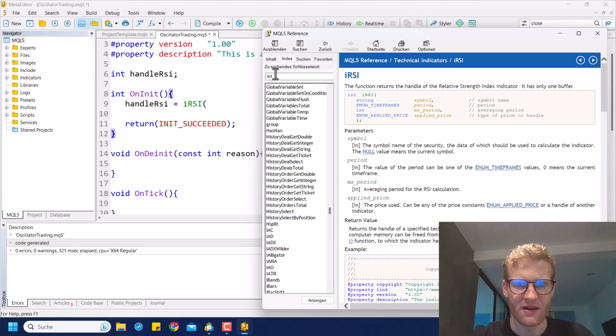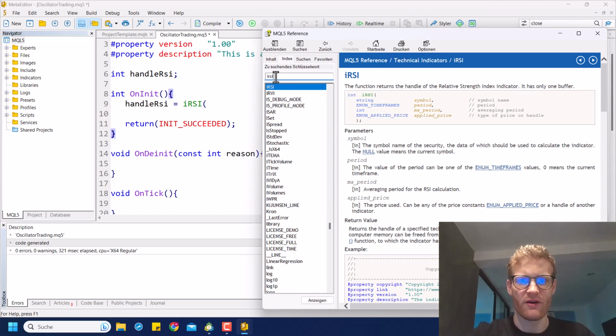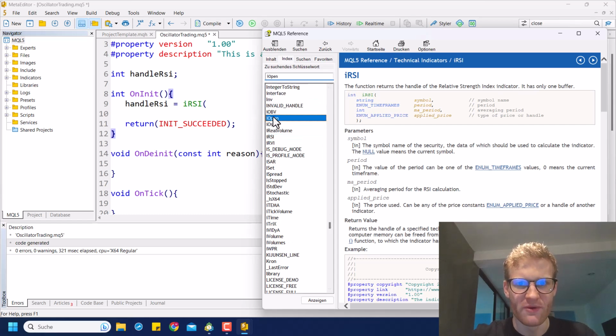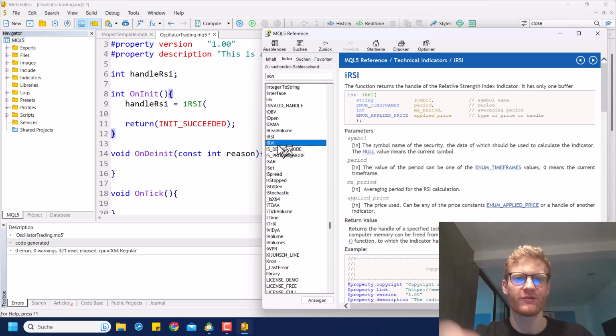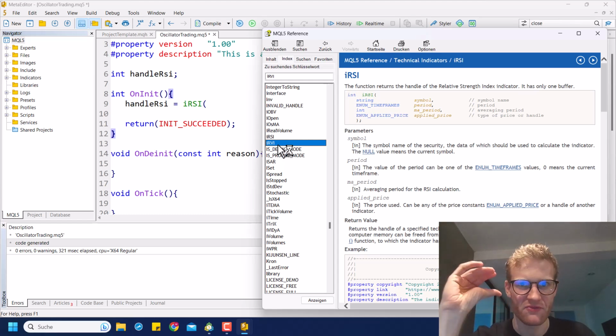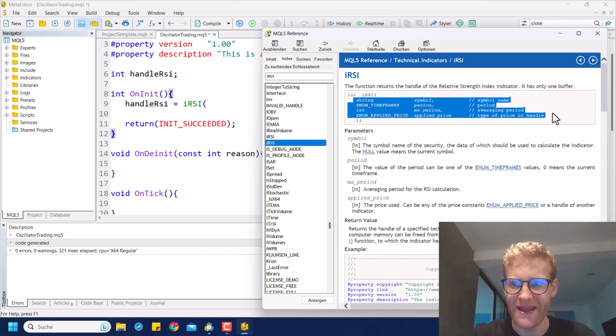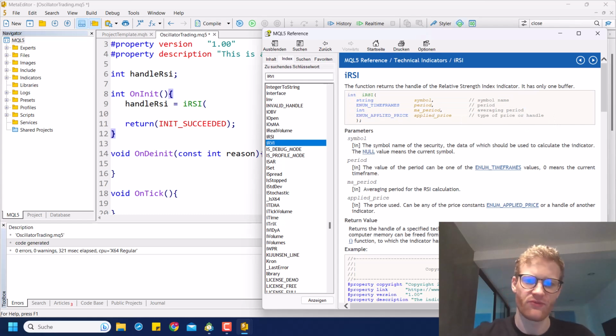For example, you can not only use the RSI function, but you will also find the IOBV, IOpen, IOSMA, IReal volume. So you can see there are a lot of predefined functions that we can use to do stuff pretty much. And in this case, what this RSI function does is it lets us create a description pretty much for a